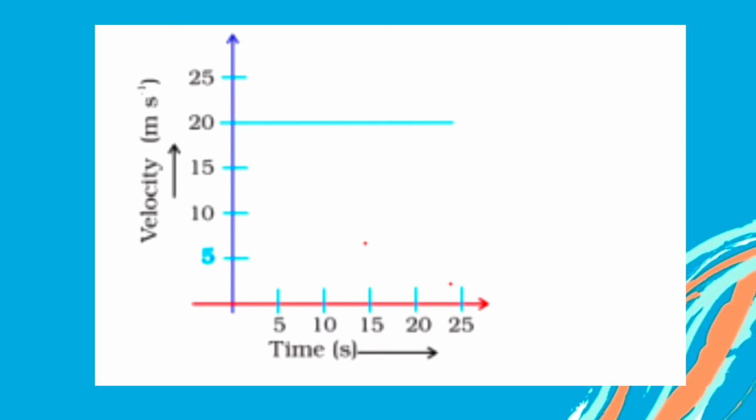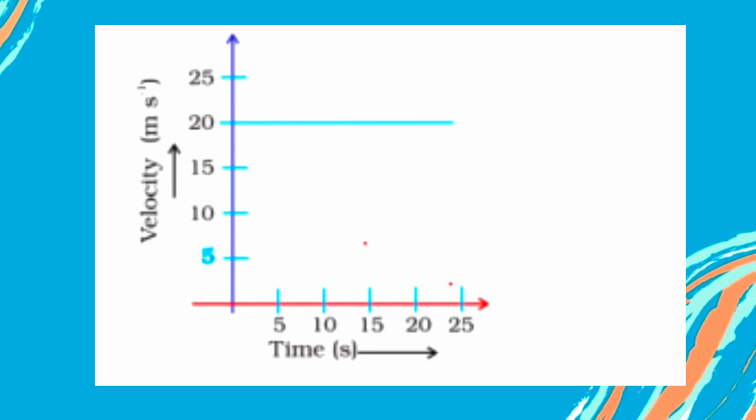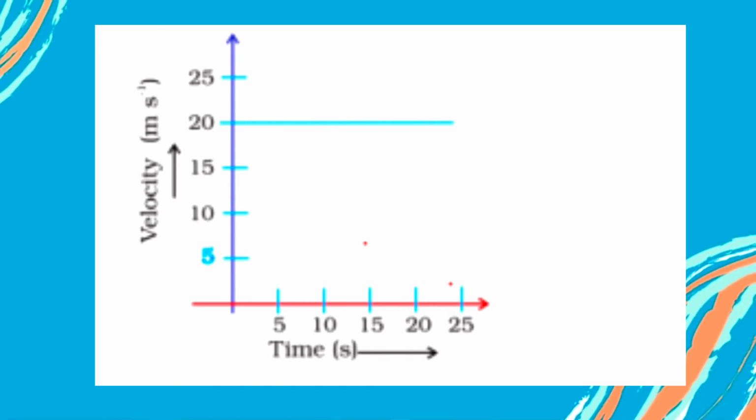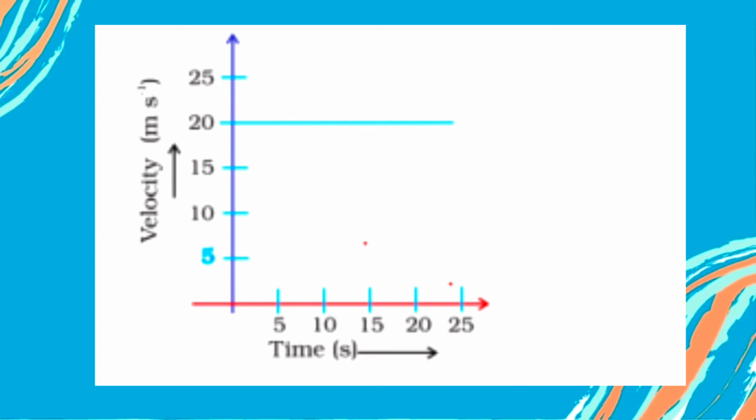The first thing we want to find is acceleration. Here from the graph we observe that the line is parallel to the x-axis. So the slope of the line is 0. One more thing, if you are unable to understand the concept in the form of slope, let me give you one more way. We all know the slope of the line in a velocity time graph represents acceleration. Now tell me, what is the formula for acceleration? It is change in velocity upon time.